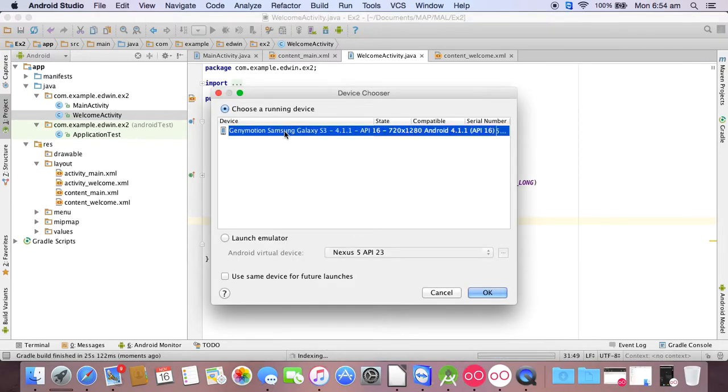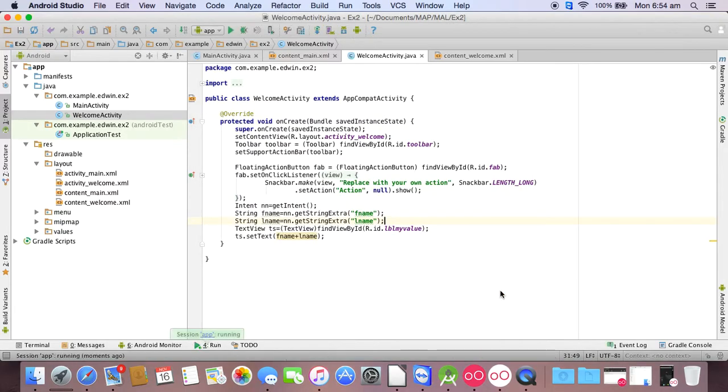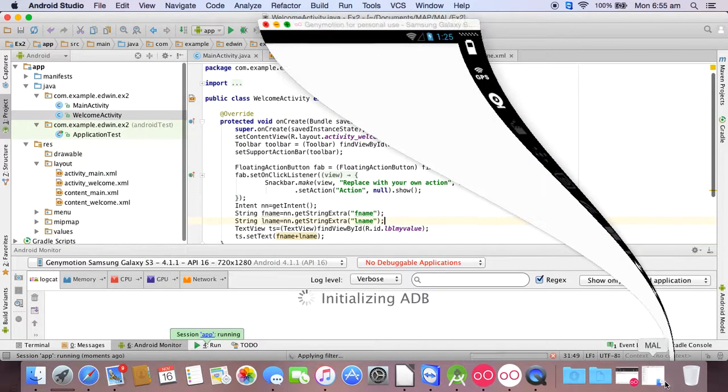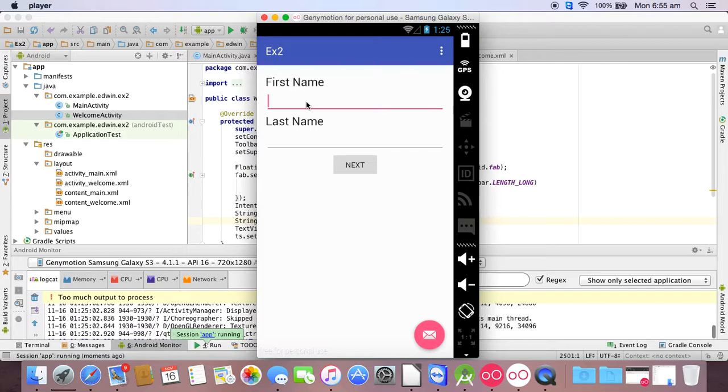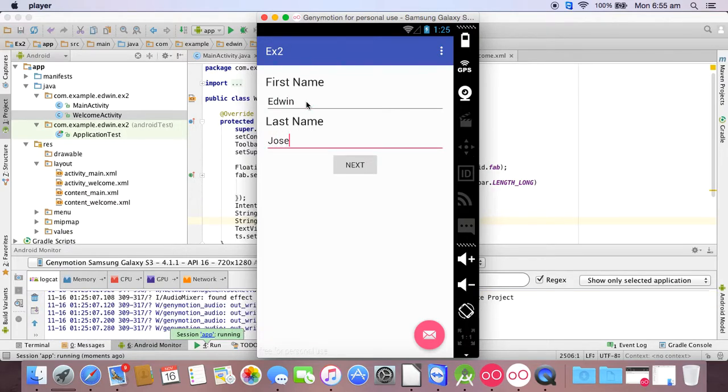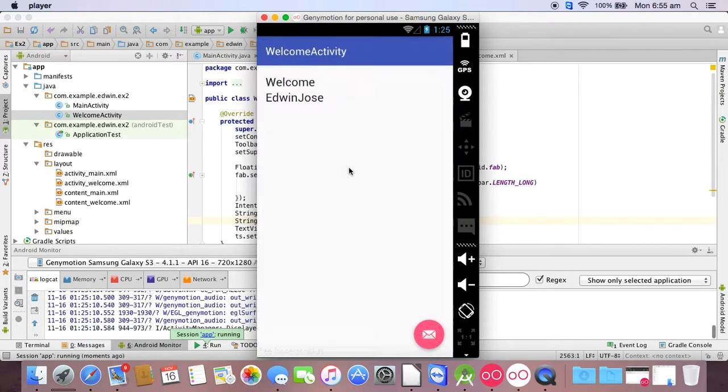So now you can select Genymotion here and click on OK. Open Genymotion. So you'll get the screen with first name and last name. Give some input. Click on next. So you can see your message has been displayed.